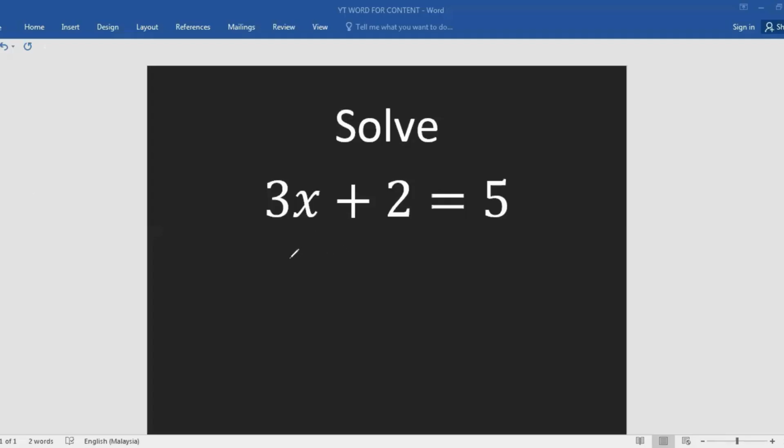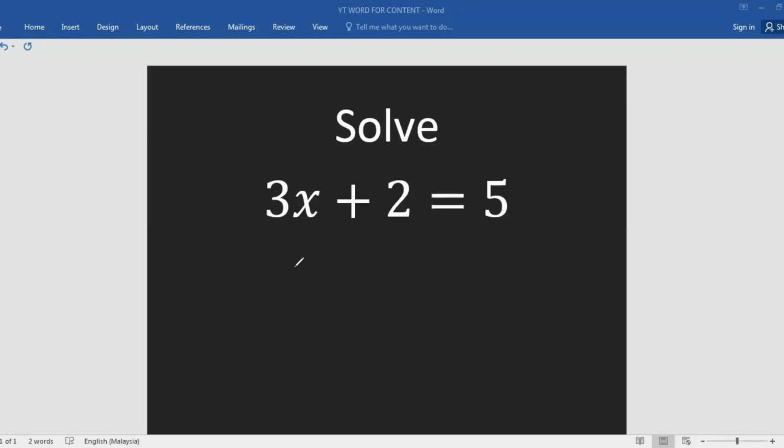So what we have to do first, our target is to leave x on the left and a number on the right, which means the value of x. That is what we call the mission: to leave x alone. How do we move everything other than x to